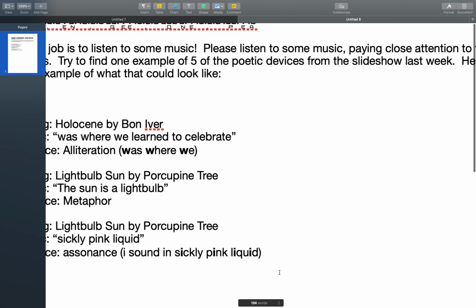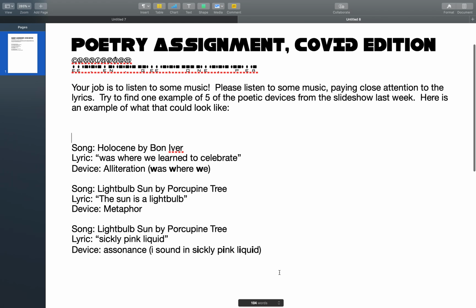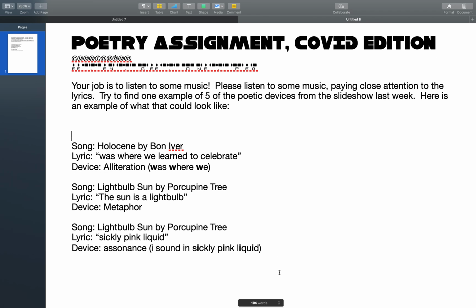What we would do if we were in class is that I basically need you to show me what you know how to spot, what those devices are, and how they work within music. So what I want to start with is just identifying, straight: here's a metaphor, here's some alliteration. I just want you to identify those devices in songs.